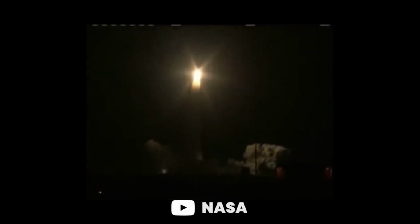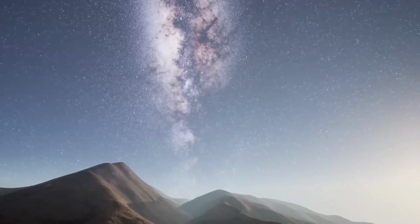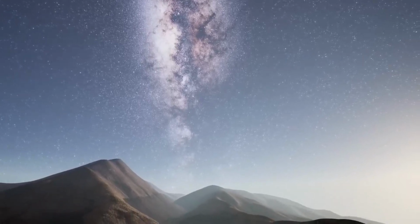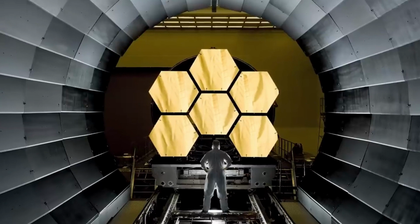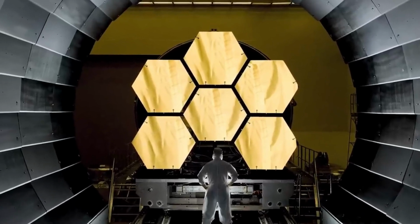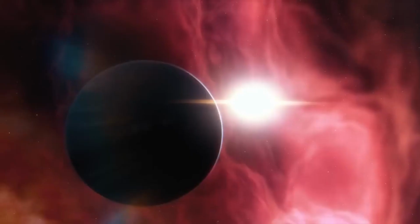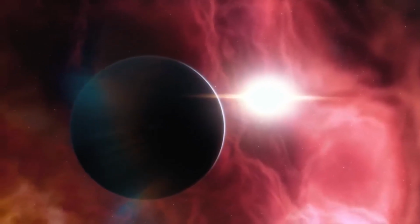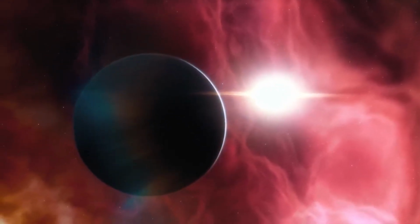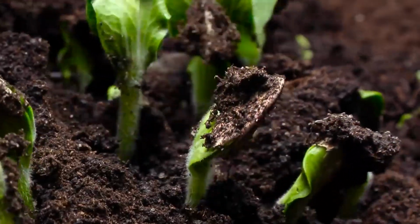Kepler's job was to constantly scan a fixed patch of sky within our Milky Way galaxy to find planetary systems at the time of the launch. It had the largest primary mirror ever sent into space, and it also had a 96-megapixel camera to process the light. Astronomers were interested in finding out just how many stars have planets orbiting around them, and how many of these extrasolar planets, or exoplanets, have conditions that are suitable for life to develop. In its 9 years in space,